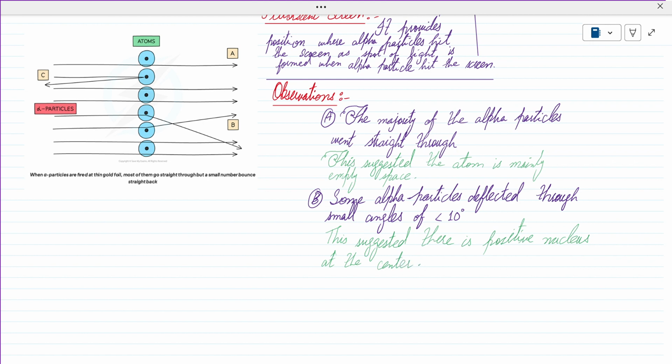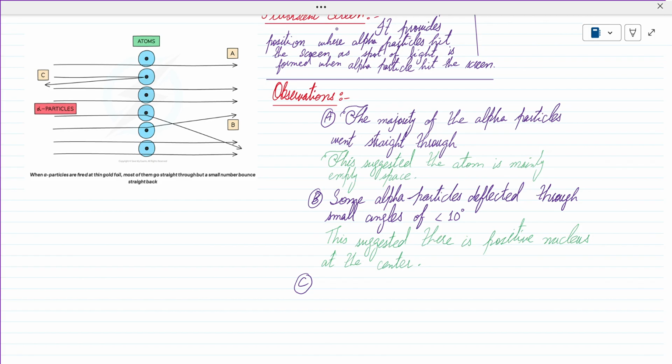Because if they are being deflected, then definitely they have the same charge as the particles. The particles are alpha particles, which have a positive charge. So the thing they are hitting also has the same charge. And type C,